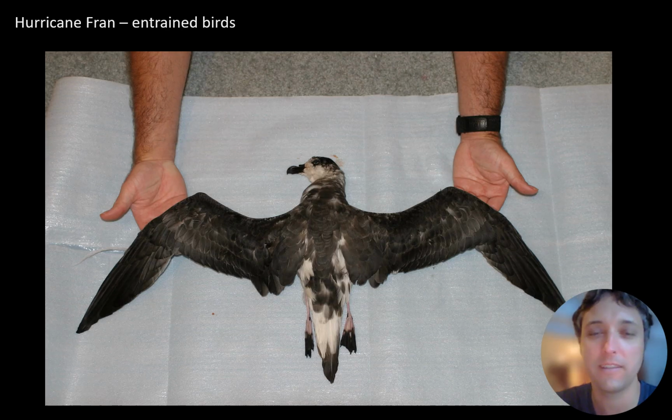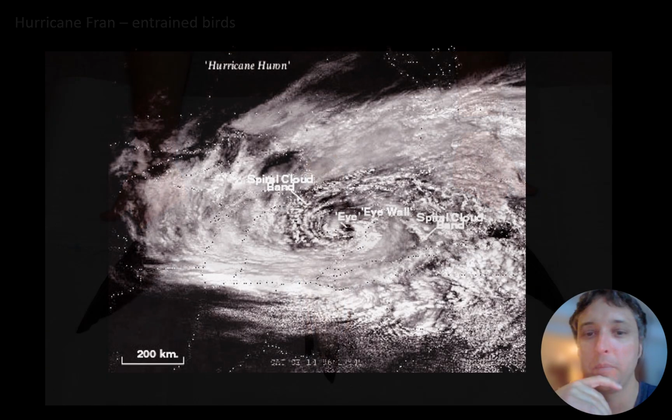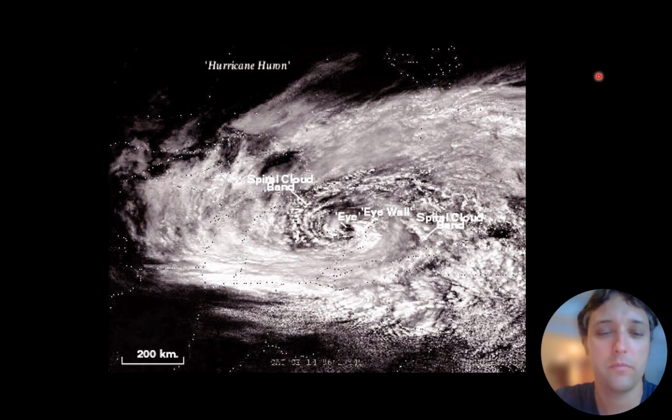But there's also sort of a second interesting element, and that second element was Hurricane Huron, which is just this weird anomalous weather event that happened very shortly after Hurricane Fran moved into Ontario, where this stationary low pressure system really peaked in intensity in sort of a weird way. There's a Wikipedia page on it if you want to read about it, but I think the effect that this had was that it just kept it windy.